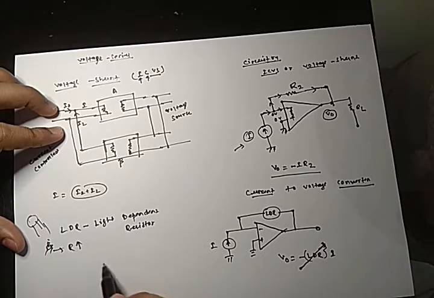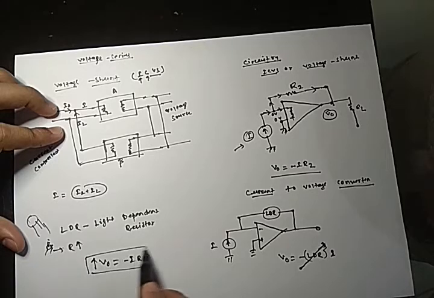If R increases, then V naught, given by minus IR, will also increase. In this way, we can measure at what time the brightness is maximum,